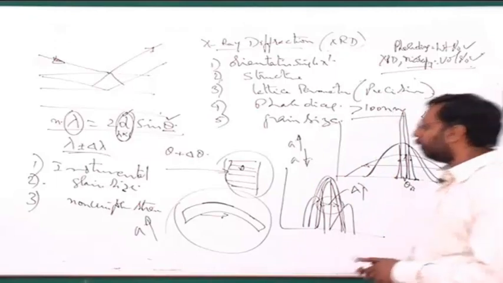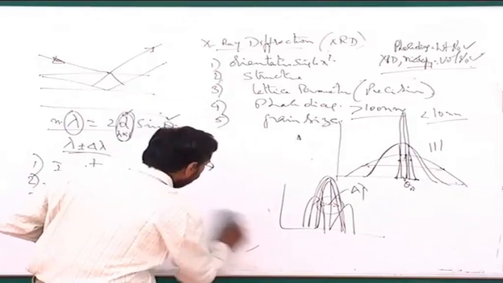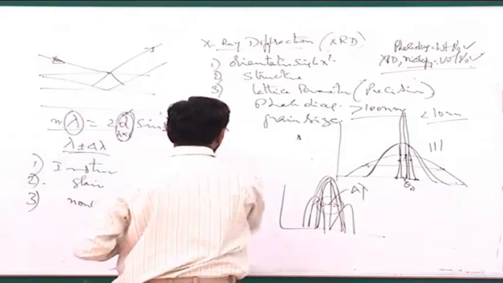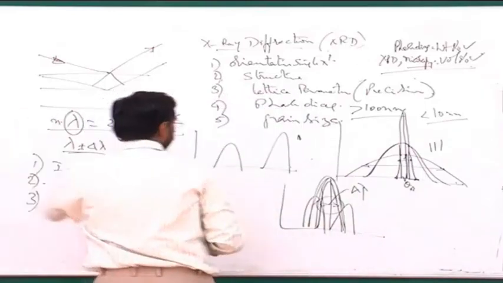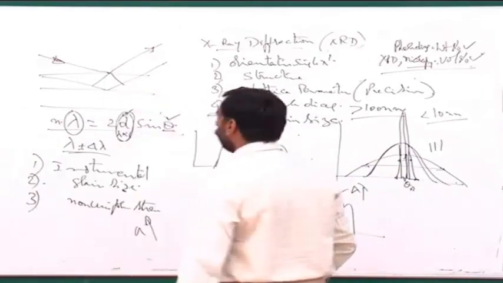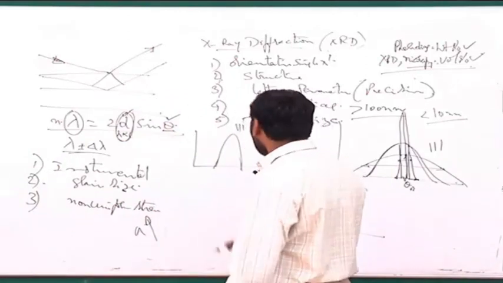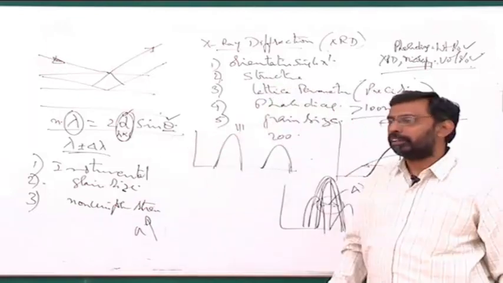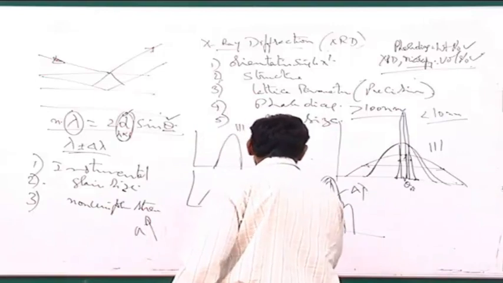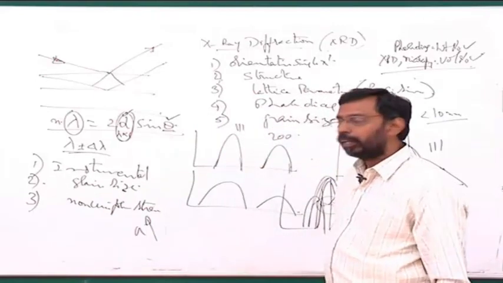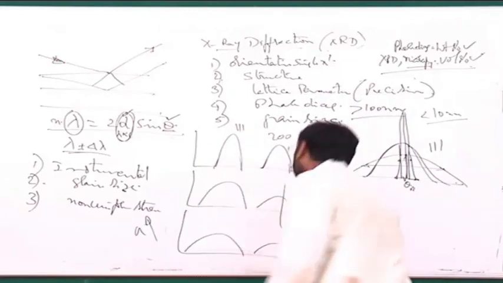And this broadening, for example, if you take a simple copper, let us say, and keep on rolling it, okay, if you take a copper and then take peaks like this. I should first put the first peak to be bigger. This is the 111 peak, this is the 200 peak of copper, let us say. Now I have rolled it by some 50%, and if I look at the XRD pattern, the XRD pattern will become like this now. If I further roll it by 80%, the XRD pattern will further become like this.